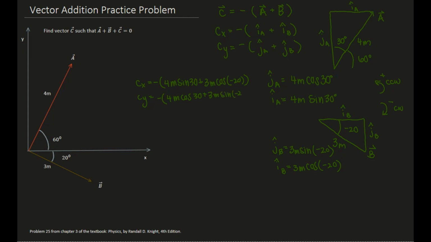If I add those together, I can put it back into the vector notation to solve for C. I can just write my answer like this. C is equal to, if I were to add these two components together, the x component is the i hat component, and the y component is the j hat component. Adding these together, and just making sure when you put them in your calculator, you have it in degree mode, not radian mode. It becomes negative 4.82 minus 2.44. And this